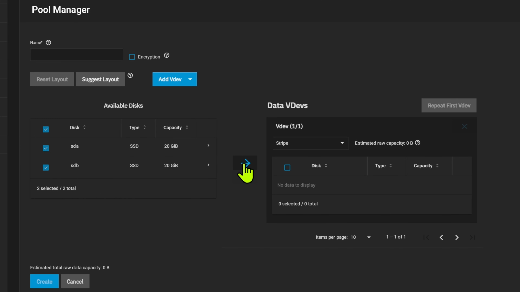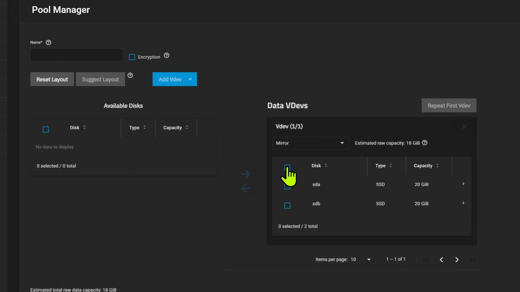So we click this arrow here. We can now choose what type of VDEV we're going to use. On the drop down, we've got a stripe. A stripe is going to extend those devices, so it will be additive, so you will have a single device that is 40 gigs. But I don't recommend that, because if any one of those two drives fails, you're going to lose all of